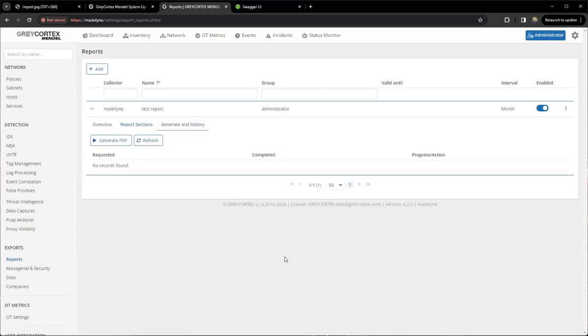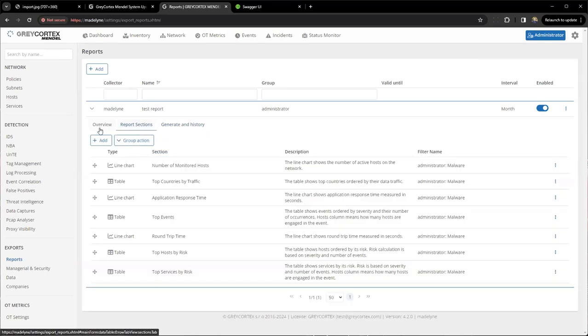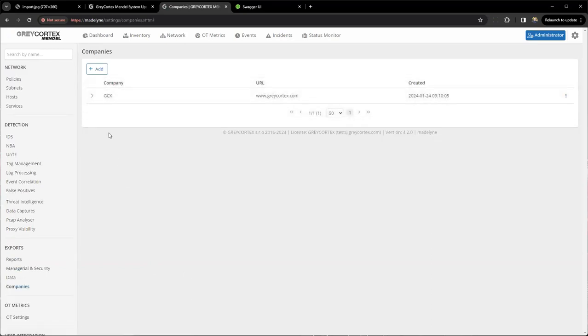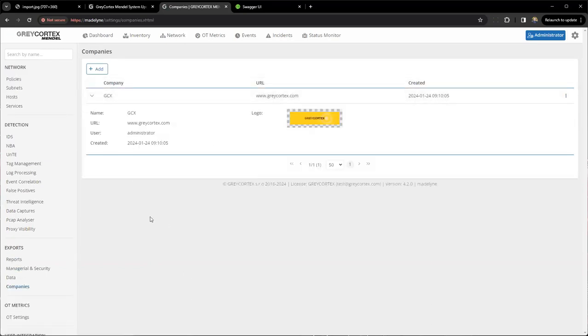Of course, there is the history. I can generate the PDF file or check what reports were generated in the past. So this is the way the new report model works right now. Don't hesitate to try it, and to add the company's logo. If you have more customers, you can add more companies and more company logos, and customize the